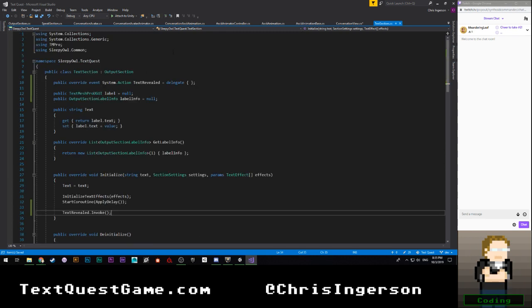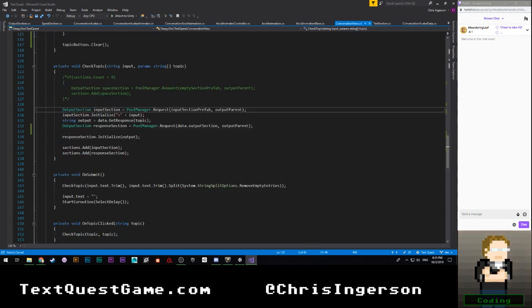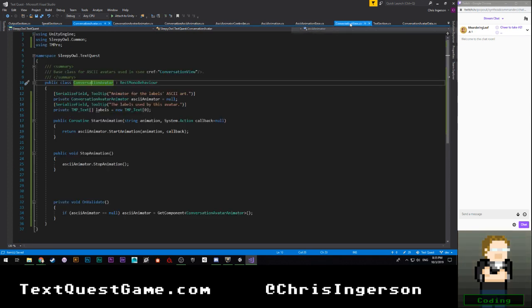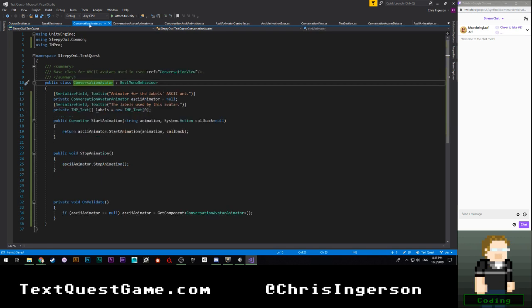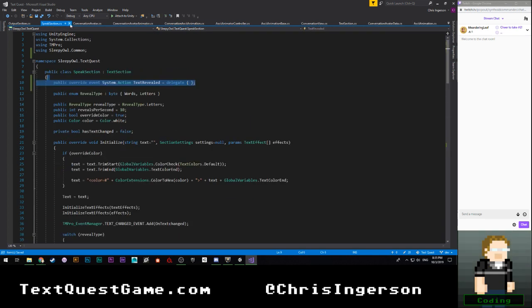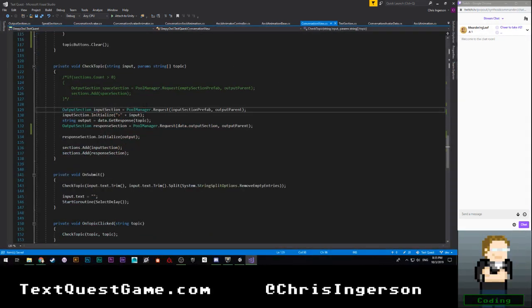Super awkward, but it'll work. That means we can change this back to an output section. And then we can change this. Hold on, lost my train of thought. Yep.